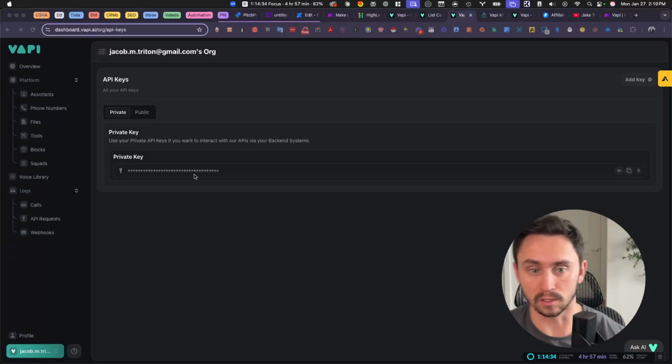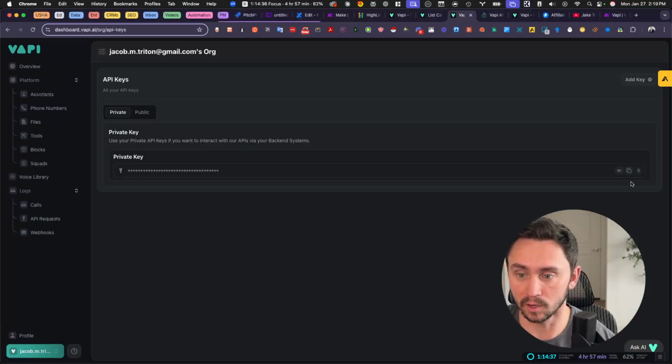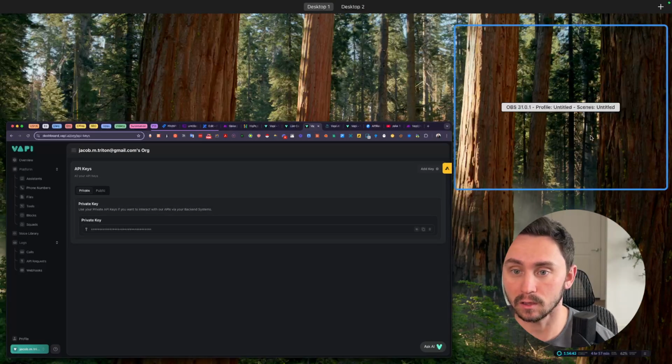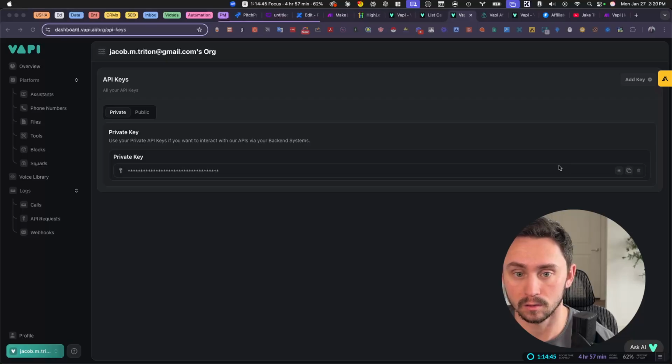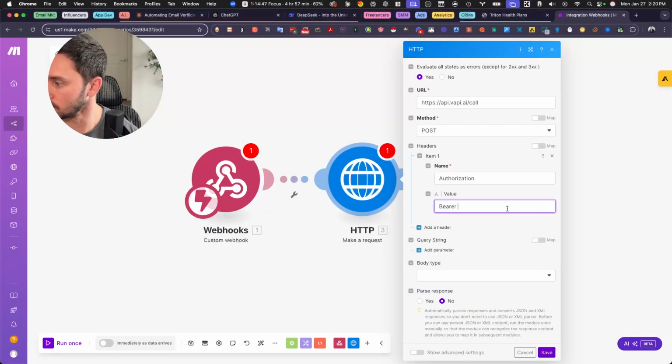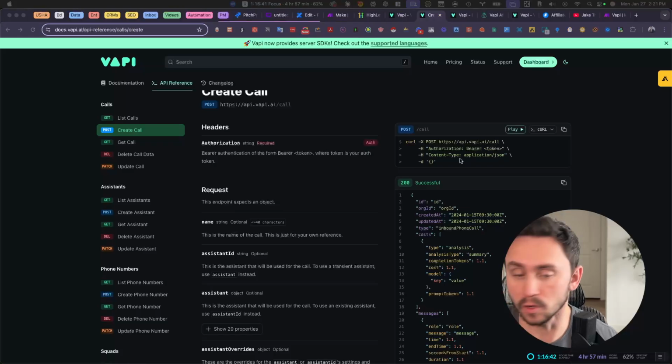All right, so you're going to select your API key from right here. You're going to copy it, and then you're going to take that back over to Make, and then you're going to paste it. And I'm going to pause it so you can't see my key. All right, so I got that pasted, and then you can see here in the documents, the other header is